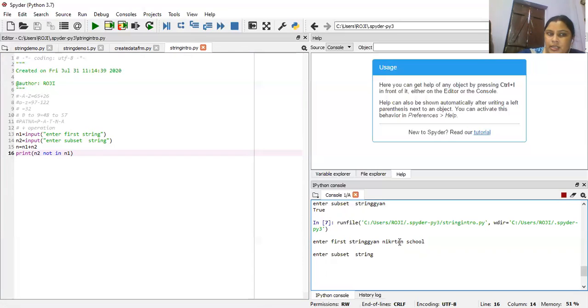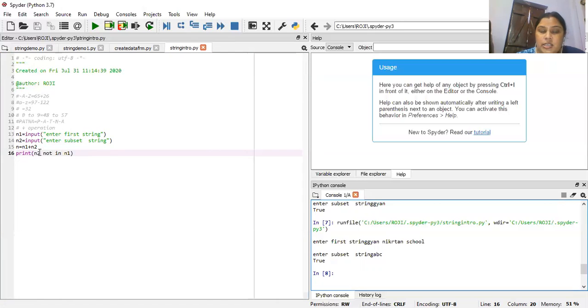And for the subset string, this time we input the value ABC. ABC not in Gyan Niketan school, this statement is true, and it has given the true value.